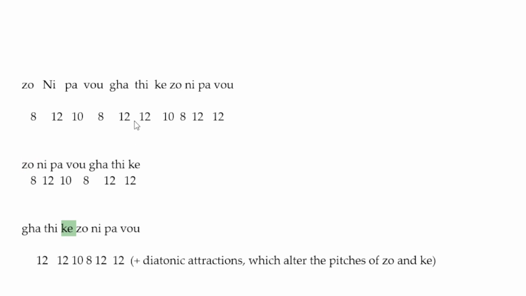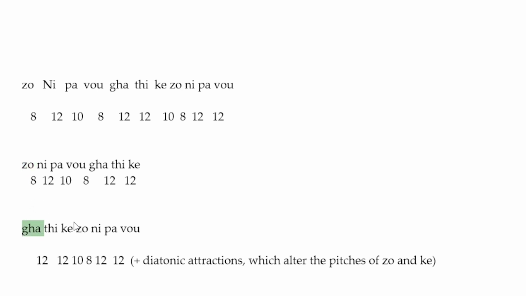The ke part of the scale, if we extrapolate this out, has intervals that look very similar up here, right? 10, 8, 12, 12. Same thing down here, 10, 12. But we have a discrepancy here. The zo is 8 down, but the ra is 12 down. So if we actually sing it down, it'll sound like this. Ke di ra, instead of pa ni zo,